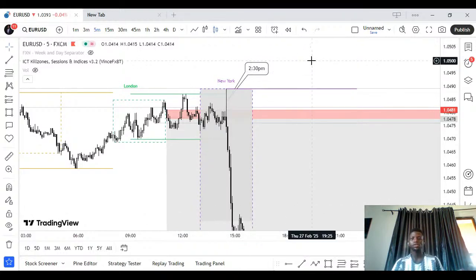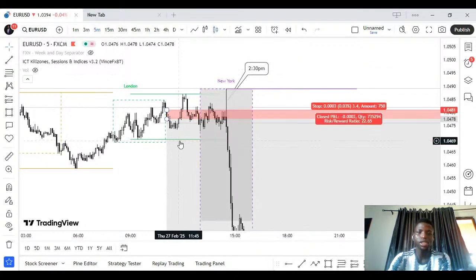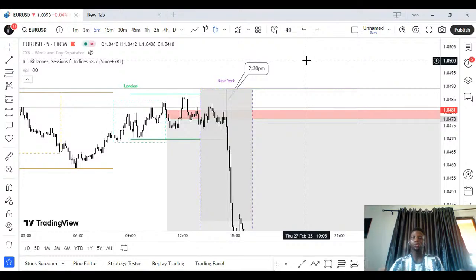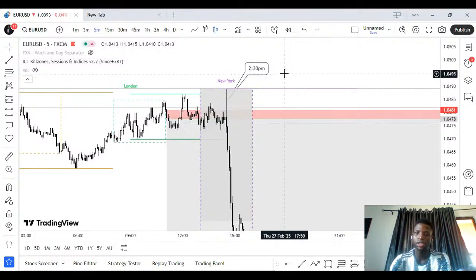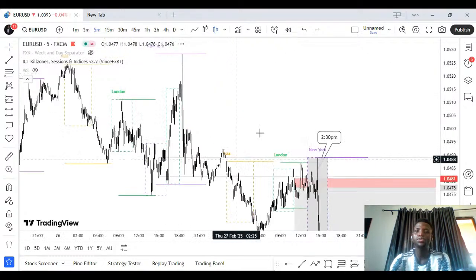You can extend it to say 1 p.m. to 4 p.m. That's around that time. That's when the main move will start. So the only error in this setup that I had was that I was getting into the trade around 11:50, which was not following time and price. If you don't believe what I've said,